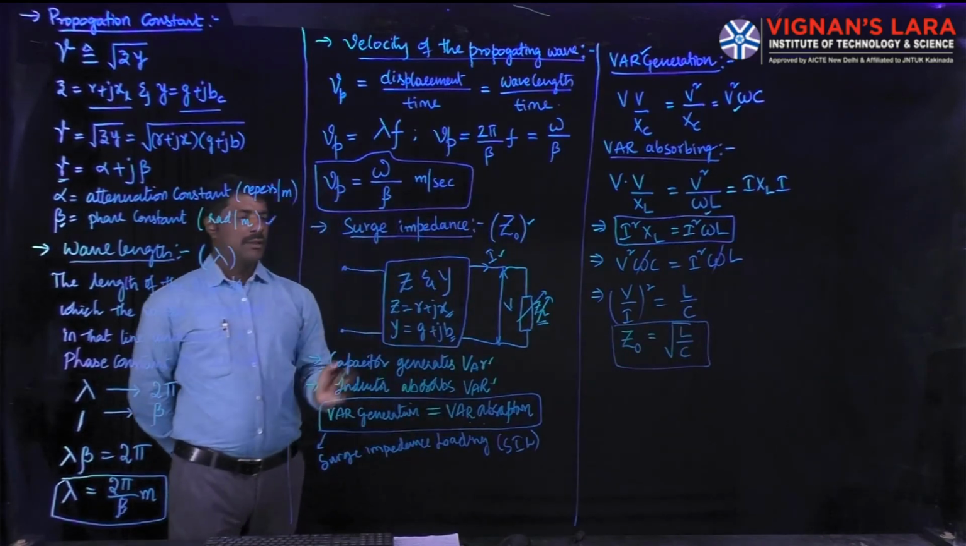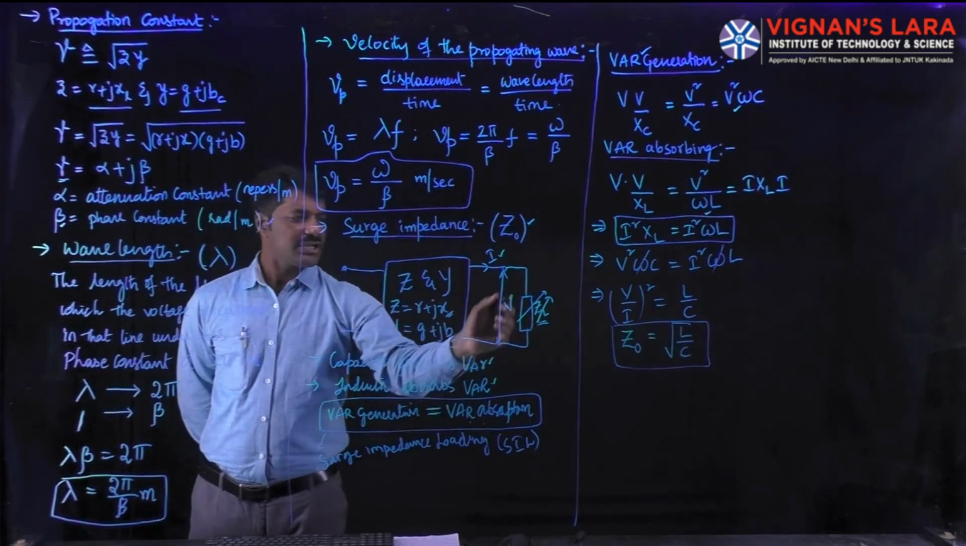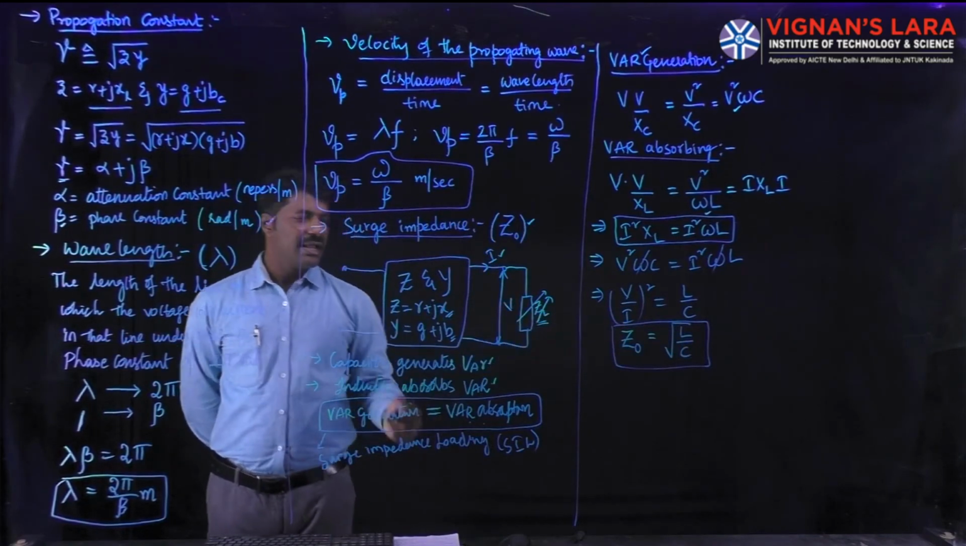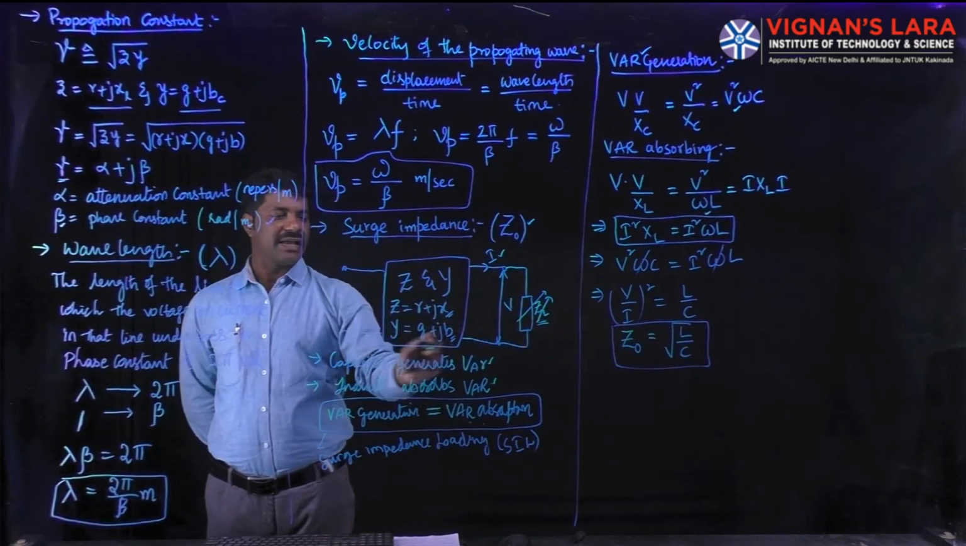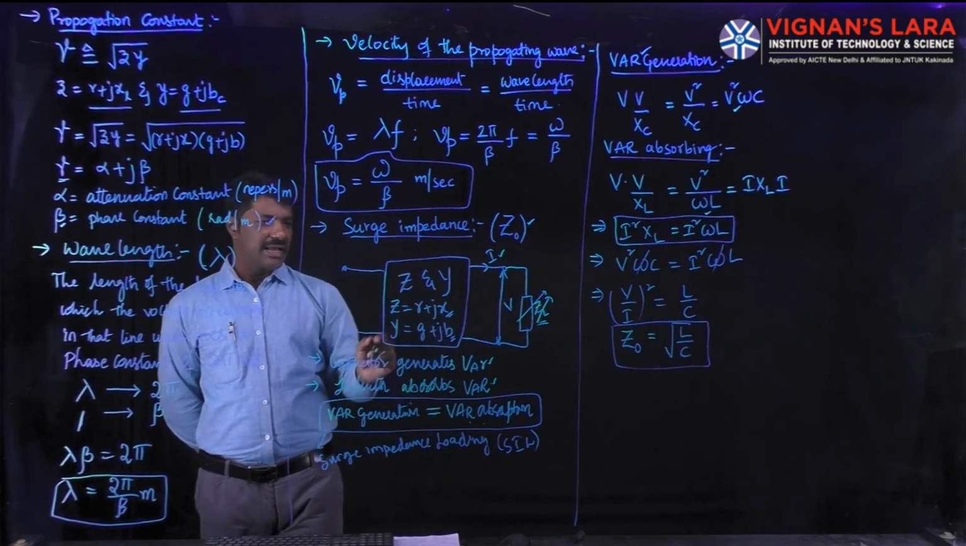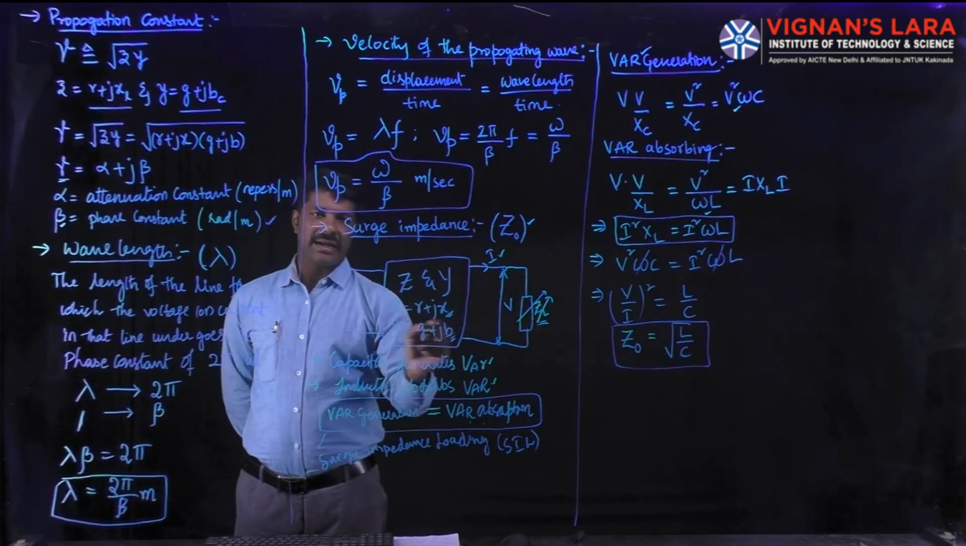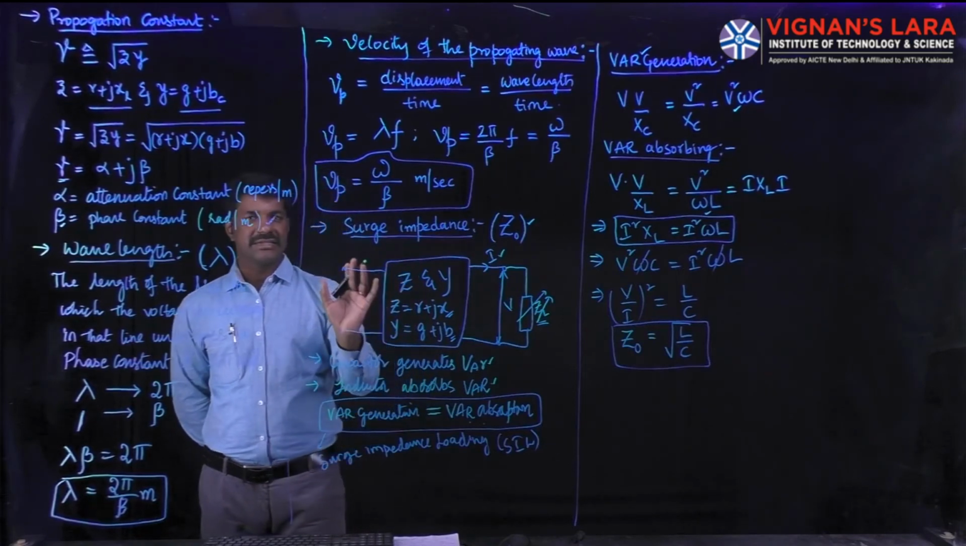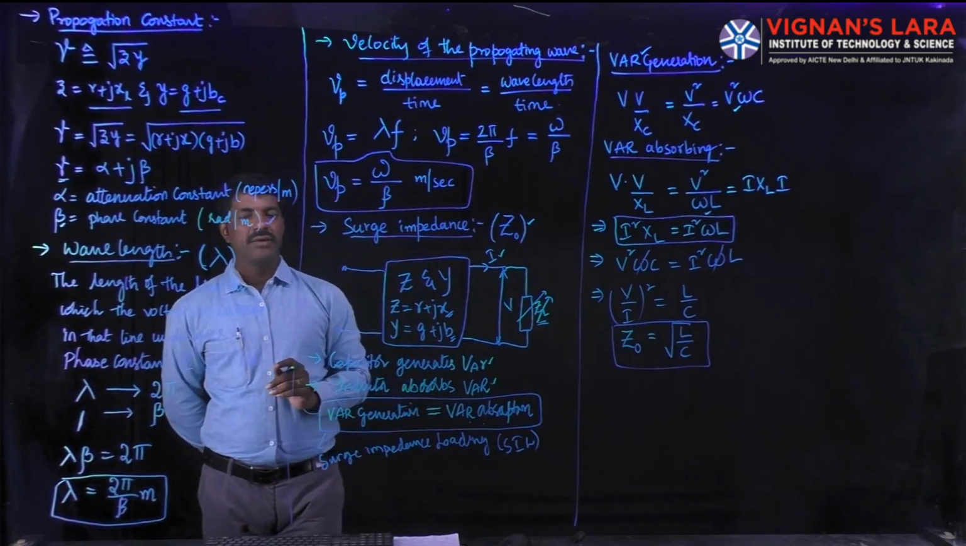Means you have to terminate this transmission line with an impedance equal to root of L by C. What is L and C there? L is the inductance of this entire transmission line and C is the capacitance of this entire transmission line. So if you want to run the transmission line at its surge impedance loading, then what to do is, first